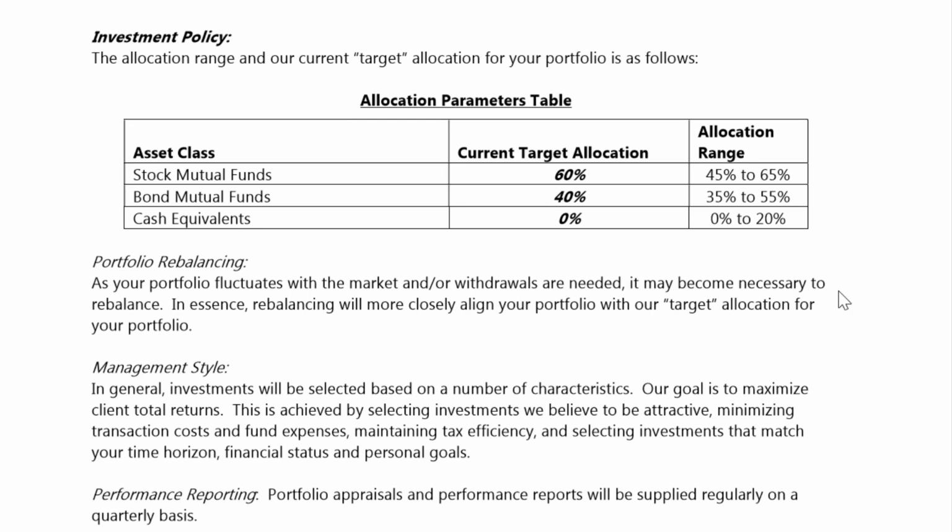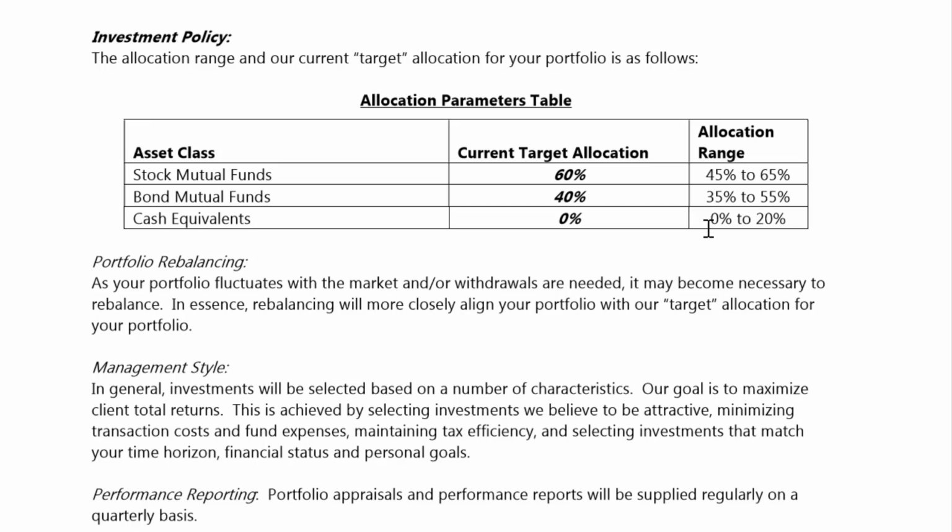You will find this information in the allocation parameters table of your IPS. In this table, you will see the current or recommended target allocation, as well as an allocation range for each asset class. For example, we may recommend that overall your portfolio should be invested 60% to stocks and 40% to bonds.